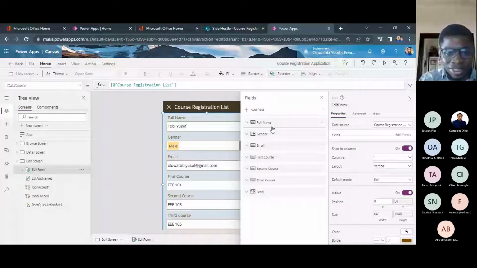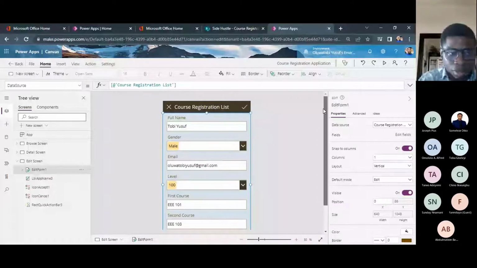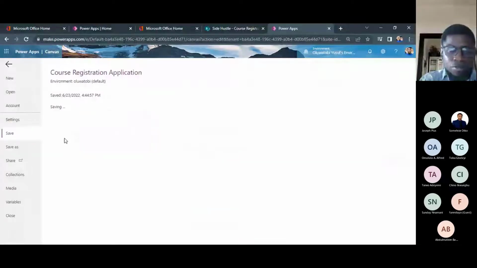And you can just close this and you can see that it does that same thing that I did on the previous screen. So those are two ways. And now I'll say I'm good. I'm good at this moment. I would want to save my app. I've saved my app,